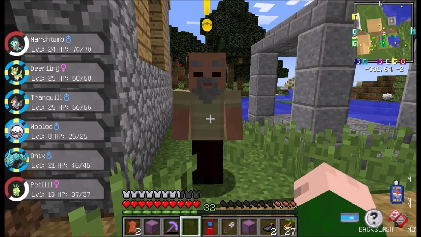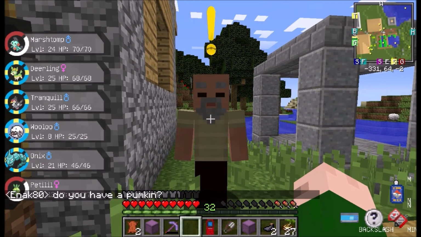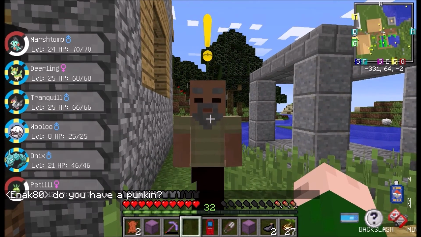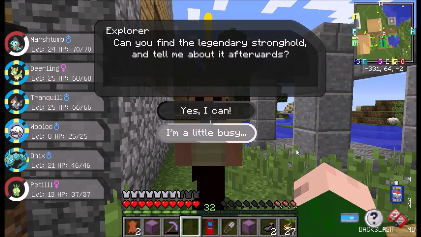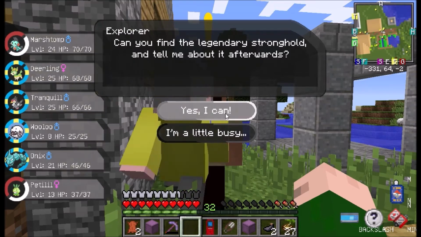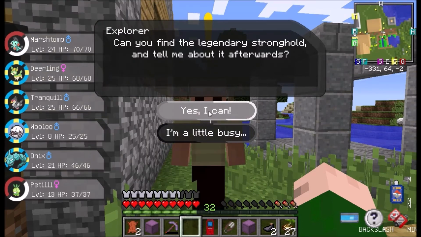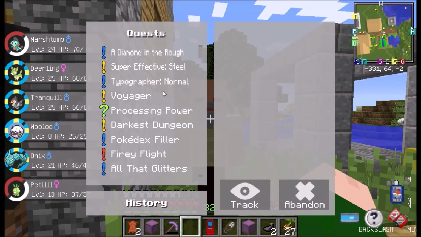So this is another cool thing that came with the update. Now there are quests that are given by the villagers. So if we just right click on this guy, he has like a little text box and he tells you about a quest, and then all you have to do is just accept the quest, and it should show up in your quests menu. Here's my quests menu,